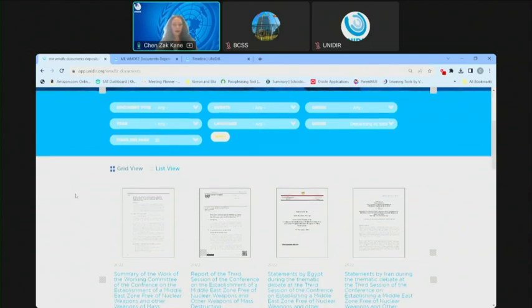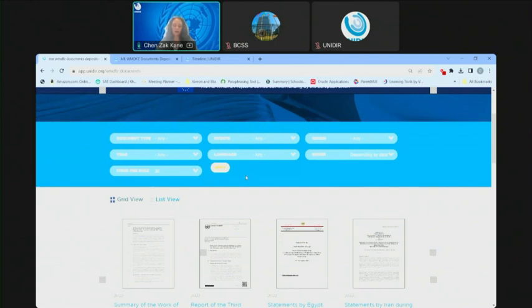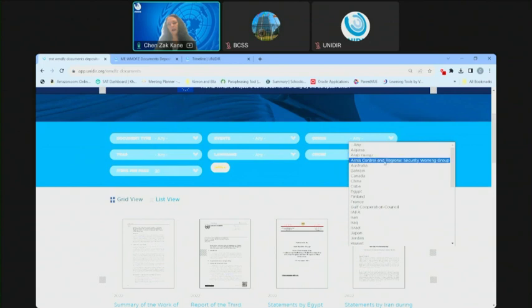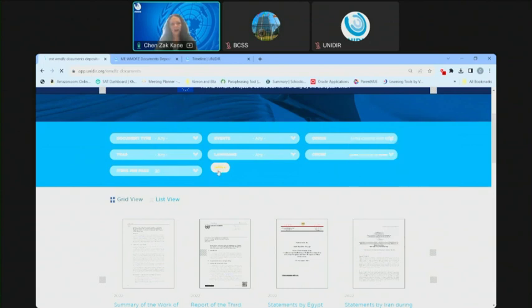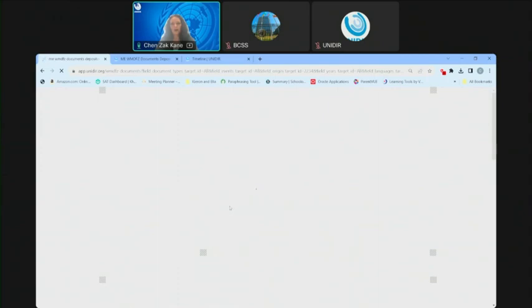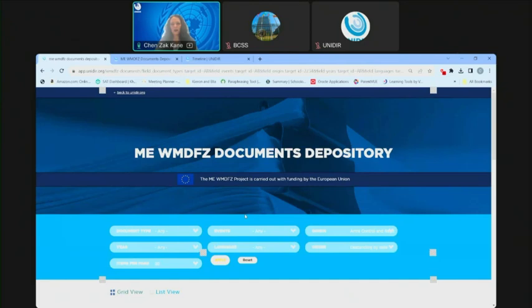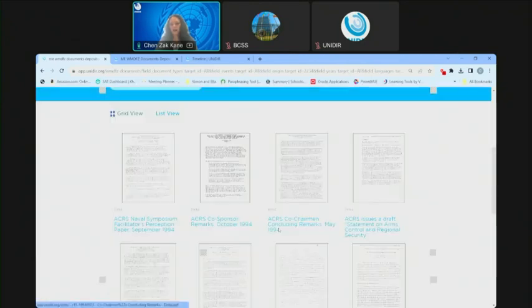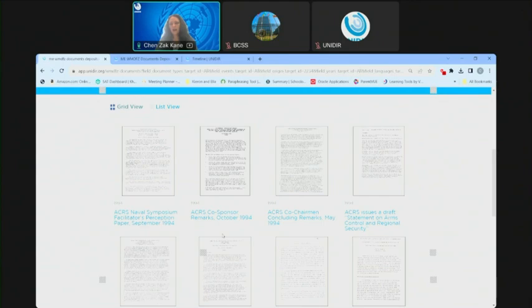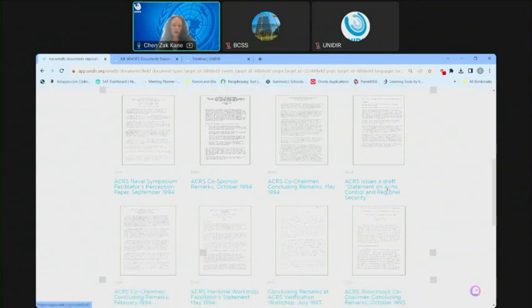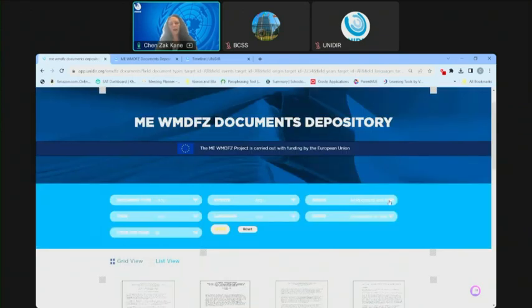either from individual or private collections, as well as from different events that happened, that we acquired and got the approval to publish. Most of them are coming from the Arms Control and Regional Security Working Group from the 1990s, so I can show you just an example of those. Others, so you can see those chairman's statements, as well as draft statements. Practically, this is the main statement where countries in the region got as close as possible to agreeing on arms control measures. Or the other process that has never been